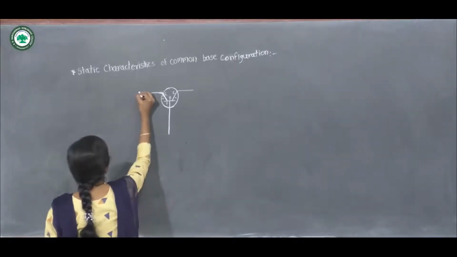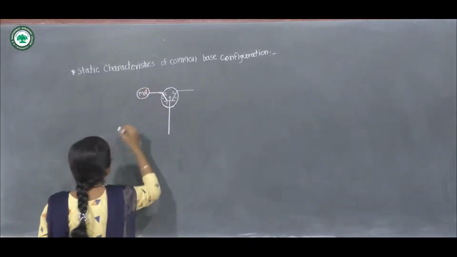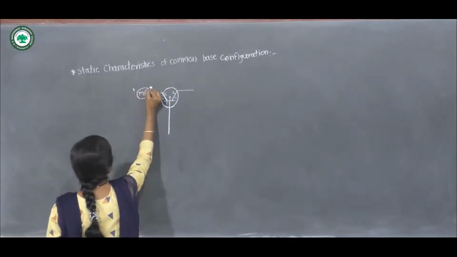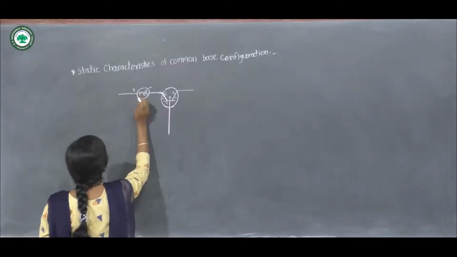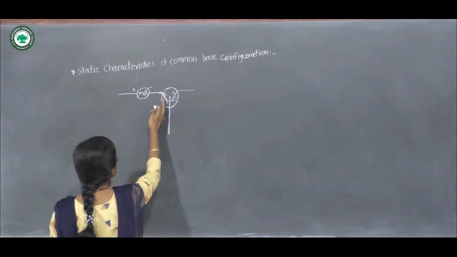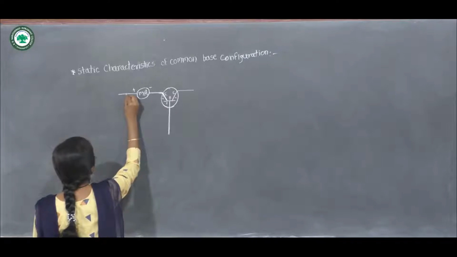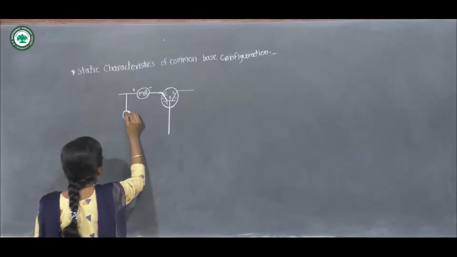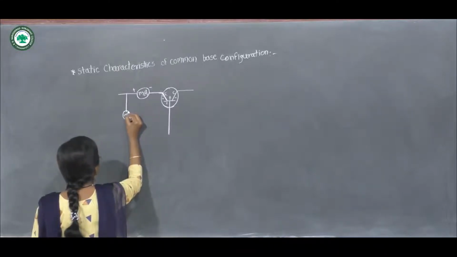So in order to work the transistor in active mode, emitter base terminal is in forward bias while base collector terminal is in reverse bias, and as this emitter is the N-type semiconductor, in order to work this emitter base in forward bias,